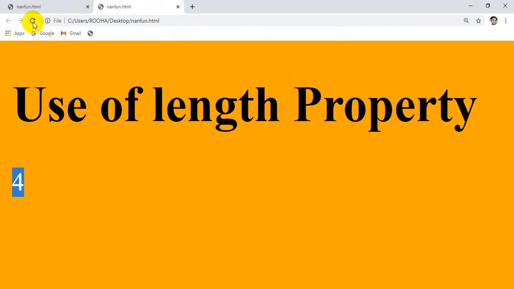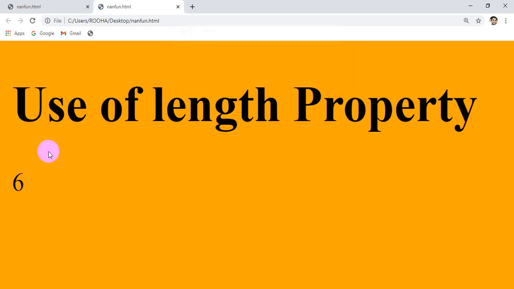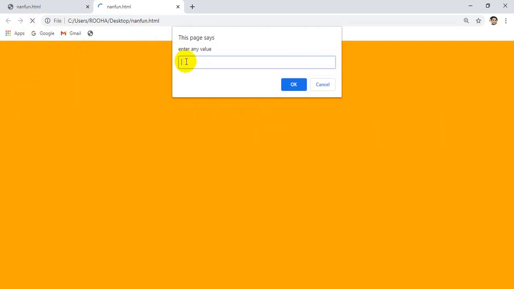Okay, refresh again. Now I am going to write Ansari. Now Ansari holds 5 characters, so the result will be 5. Sorry, Ansari has 6 characters, sorry. Okay, in the same way, when I click OK, if I write KMES college,